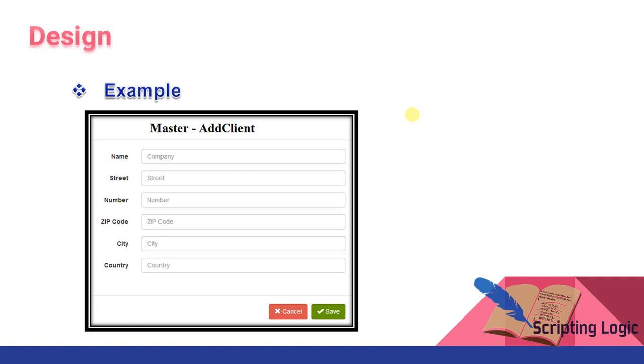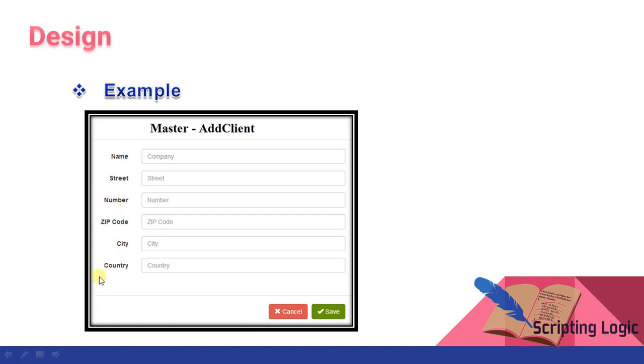The software needs to accept the information of a client, so we can have such a form wherein there are different fields like name, street, number, zip code, city, country, and so we must get a table for it, right?